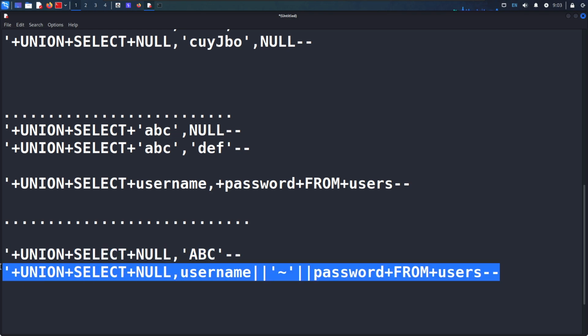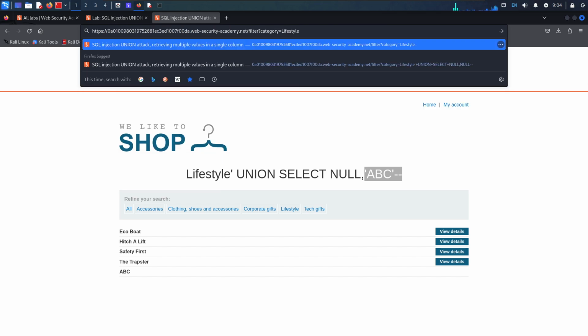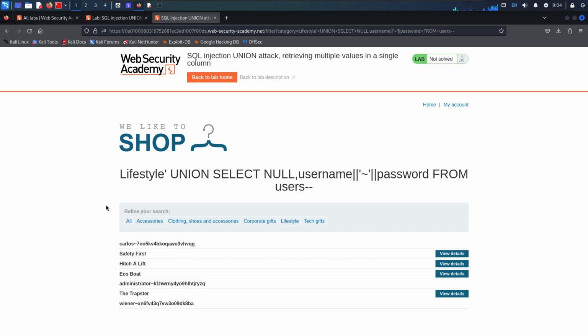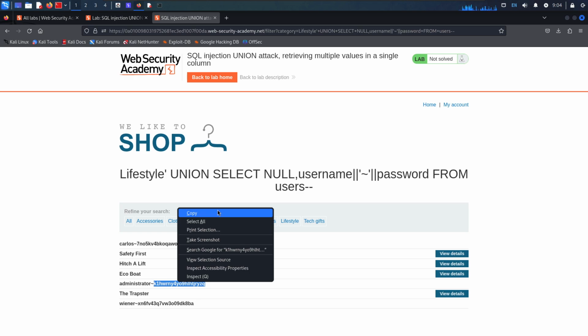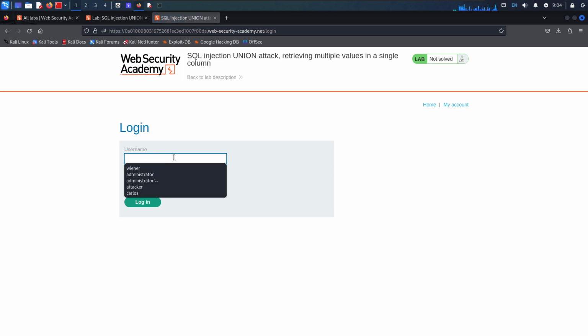So just copy it, and after copying it just go back to the lab and paste it here. I hope you got the meaning of string concatenation, where you can combine two records together, or two strings together. This is how it works, and you can clearly see it gives me the password that belongs to Carlos, the password that belongs to the administrator. So I'll copy the password of the administrator user. I'll go back to my account and I will type here